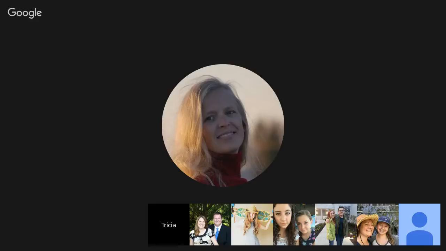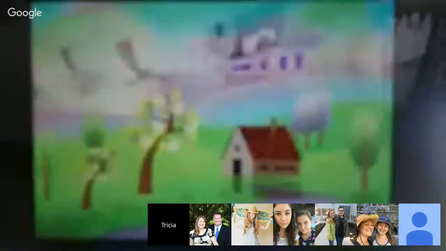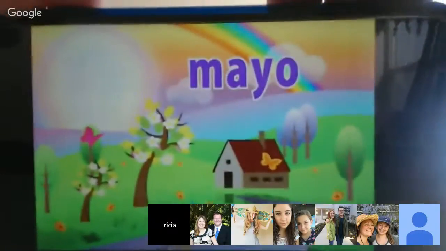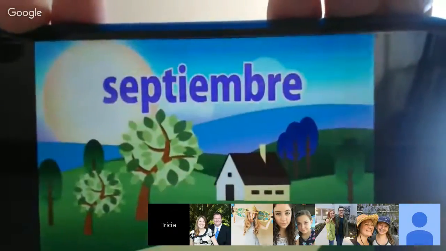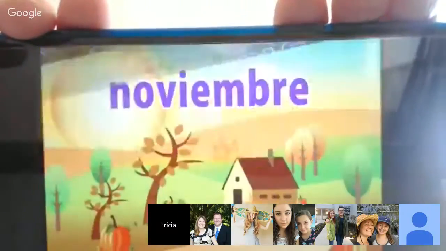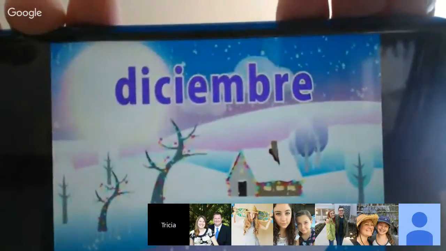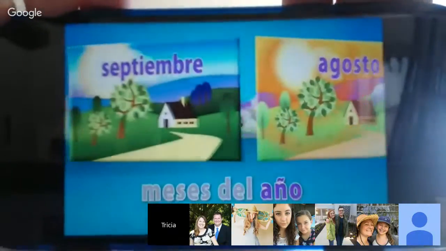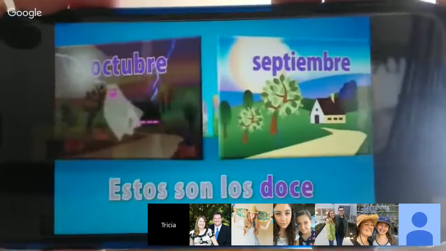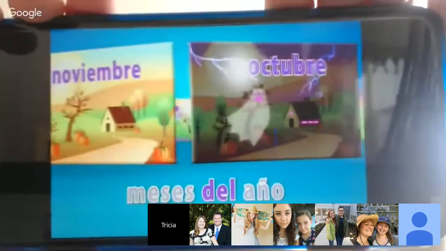Enero, febrero, marzo, abril, mayo, junio, julio, agosto, septiembre, octubre, noviembre, diciembre. Estos son los 12 meses del año. Estos son los 12 meses del año.